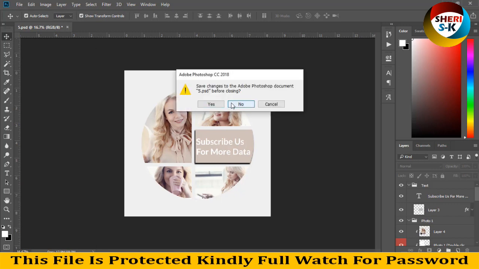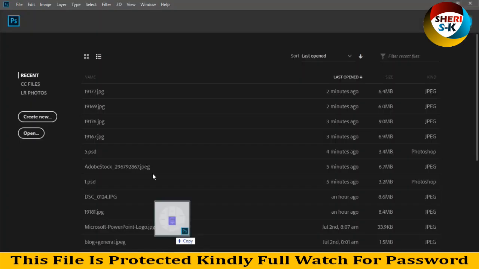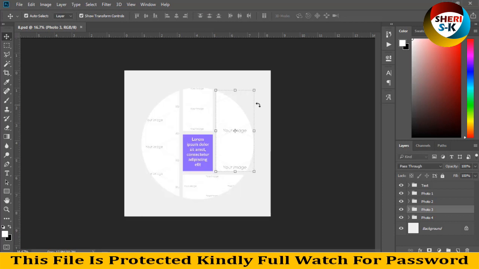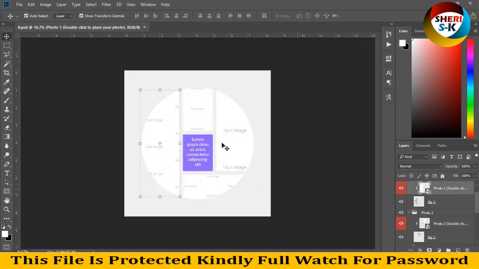So I close this now, and same, all are same, just import your images or write anything. Here are four photos, one, two, three, one landscape, and here is portrait, and here is portrait. Just I try